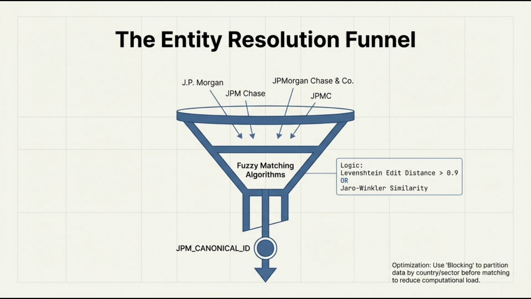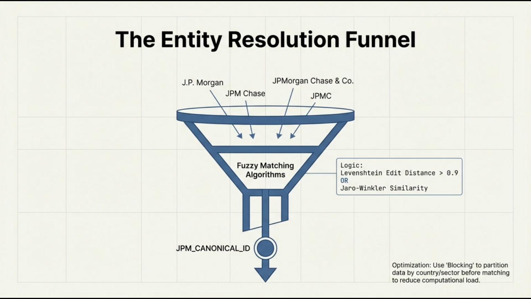Entity resolution. The funnel diagram is a great visual metaphor. At the top, we see several name variants like JP Morgan, JPM Chase, JPMC, and JP Morgan Chase and Company. To a human reader, these may obviously refer to the same institution, but a computer will often treat them as separate entities unless we intervene. The funnel uses fuzzy matching algorithms to collapse those variations into one canonical identifier, shown here as something like a unified JPM canonical ID. The slide mentions Levenshtein edit distance and Jaro-Winkler similarity, which are measures of how similar two